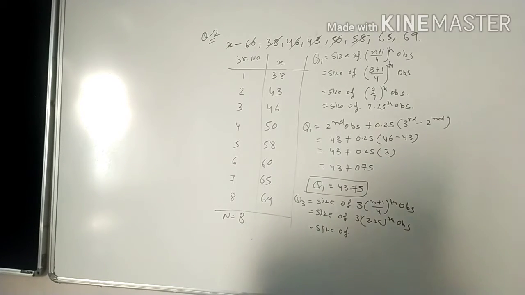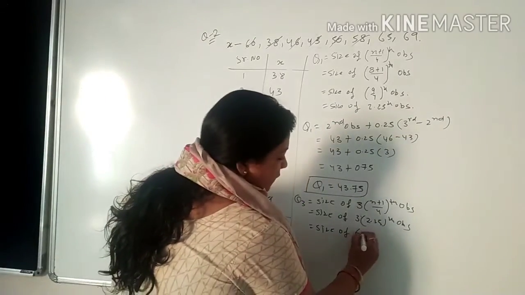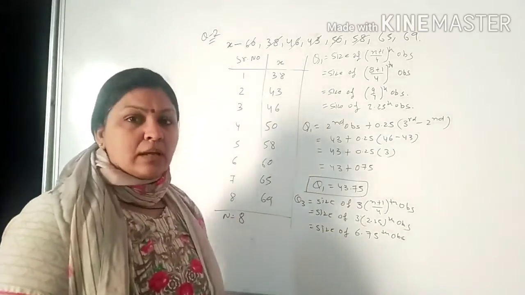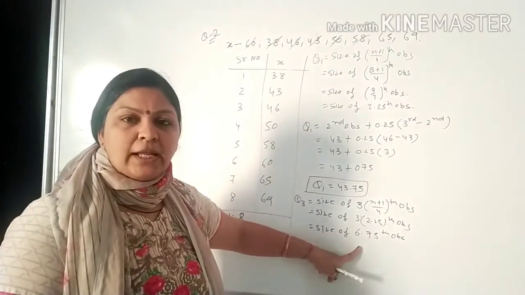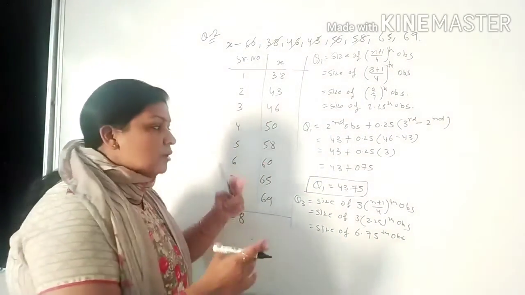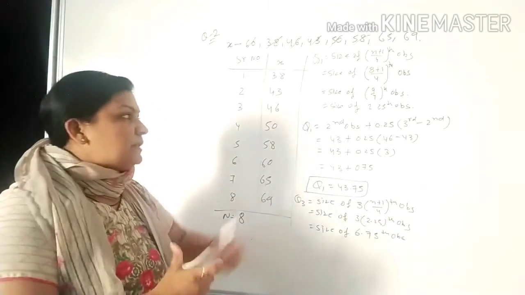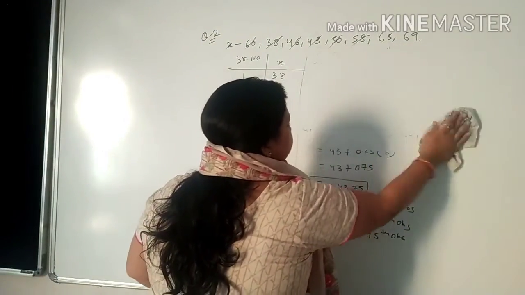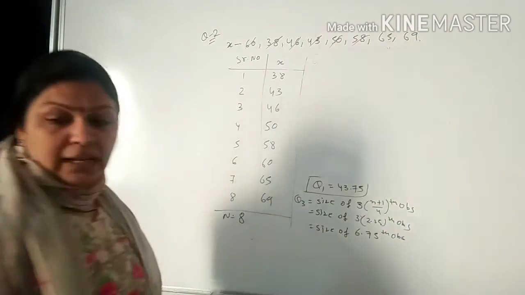Your answer should be 6.75. 6.75th observation. Again, that is a question mark. ये half तो है नहीं, 0.5 तो है नहीं, तो हम इसको half कर सकते हैं. So we have to use the same type of formula whatever we are using in the Q1. So just use this formula. So how can we use it?